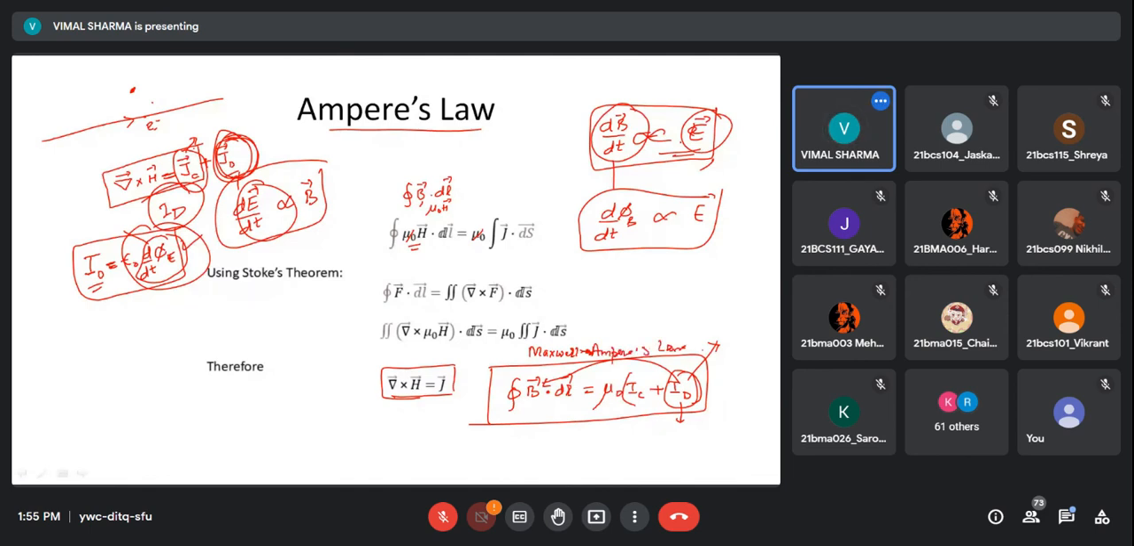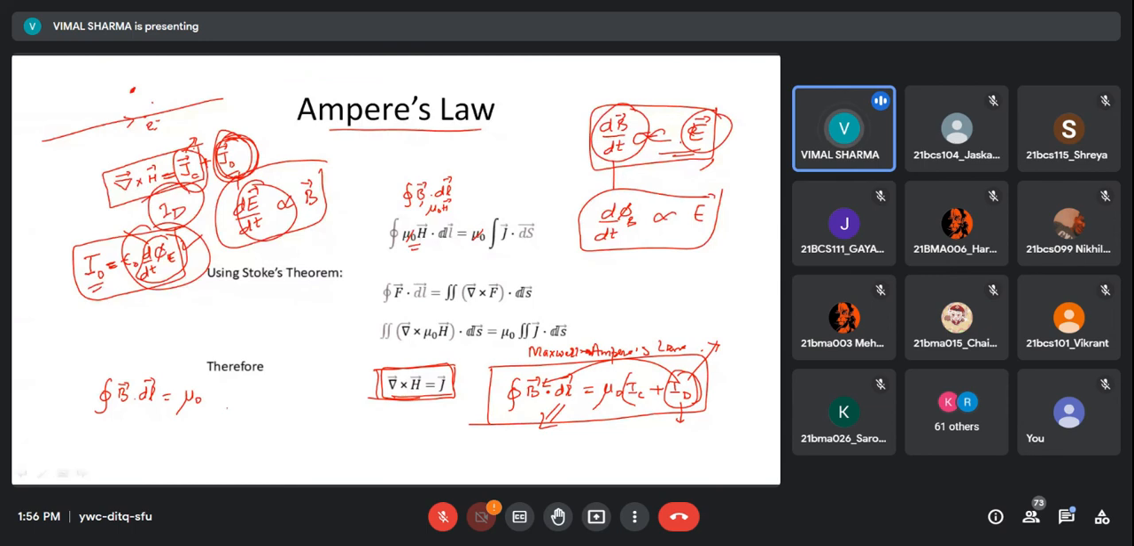Ampere's law. So the differential form of Ampere's law is this. And the differential form of Maxwell-Ampere's law, we need to write. So for that, quickly, if I do, it is ∮B·dl equals mu naught